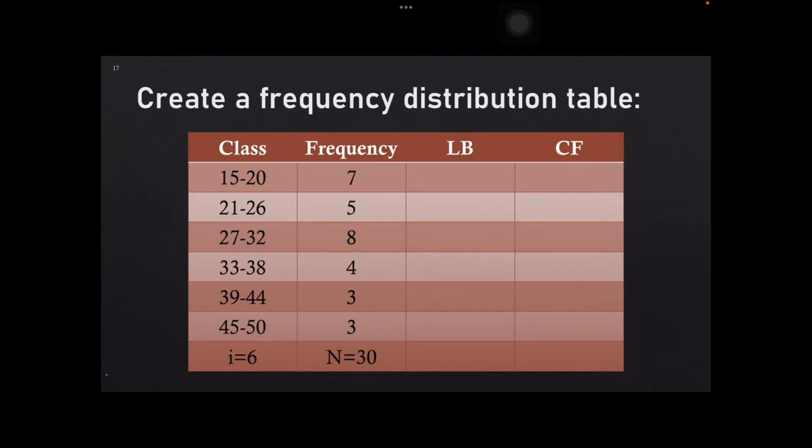Okay? So, as you can see, ginawan ko na po siya ng table. Intervals of 6. So, as you can see also, ginawa ko po siya ng smallest to biggest. So, yung smallest po natin ay 15 to 20. Kung itatanong nyo man sa akin, ma'am, parang hindi naman 6 yan. Bilangin nyo kaya. 15, 16, 17, 18, 19, 20. O, diba? 6. Okay. So, yan po yung classes natin. 15 to 20, 21 to 26, 27 to 32, and so on and so forth.